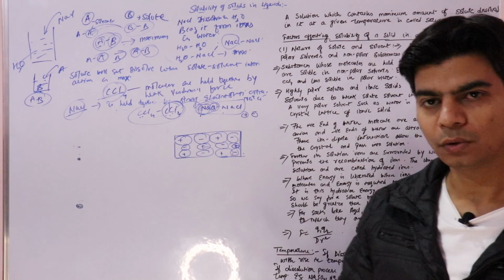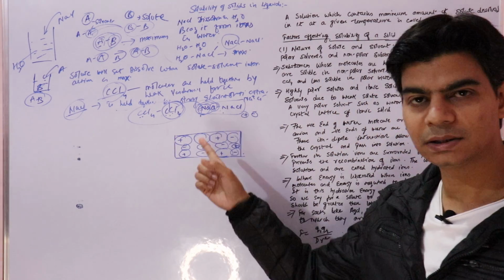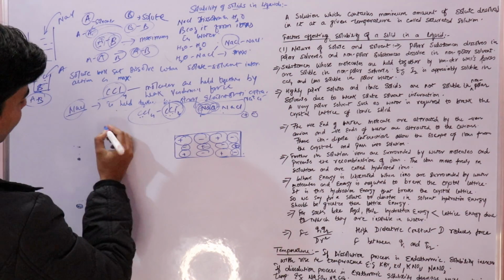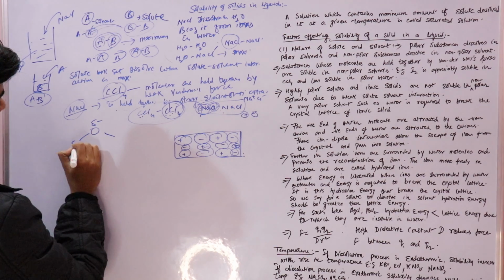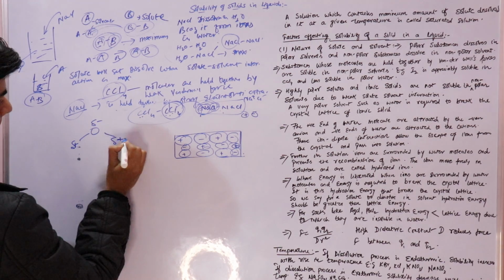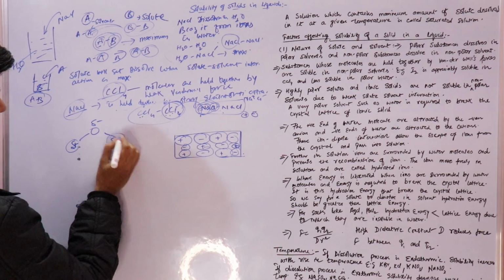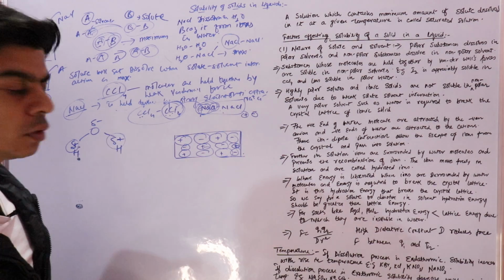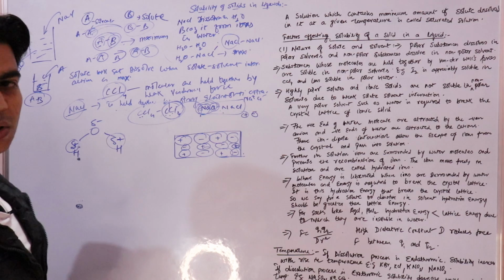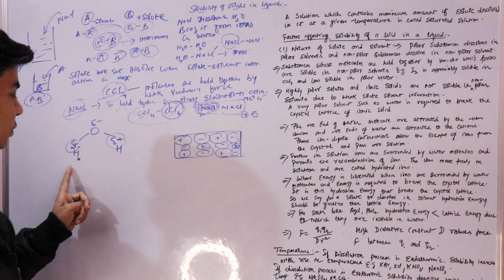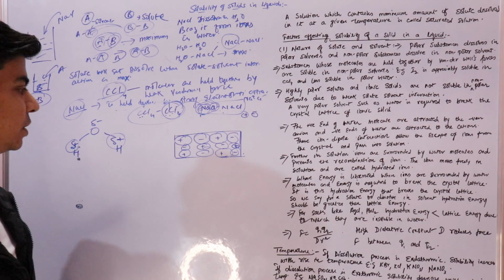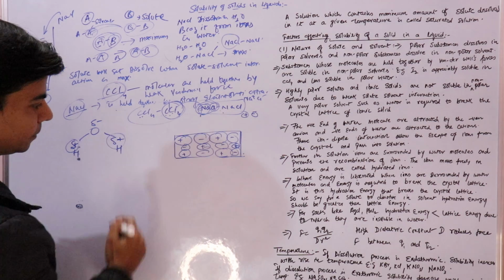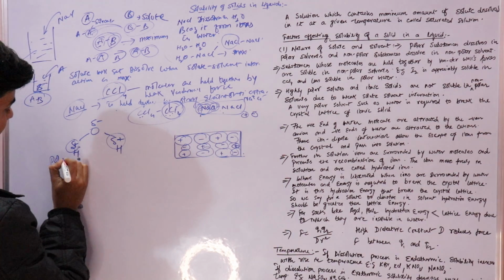So now let's see how water will break this crystal lattice and dissolve sodium chloride in it. We know that water has this kind of structure, where it has slight positive charges on hydrogen atoms and slight negative charge on oxygen. Oxygen has high electronegativity, so it has slight negative charge, and electronegativity of hydrogen is less, so it has slight positive charge. So interaction between solvent and solute, you could imagine that what we have discussed here,